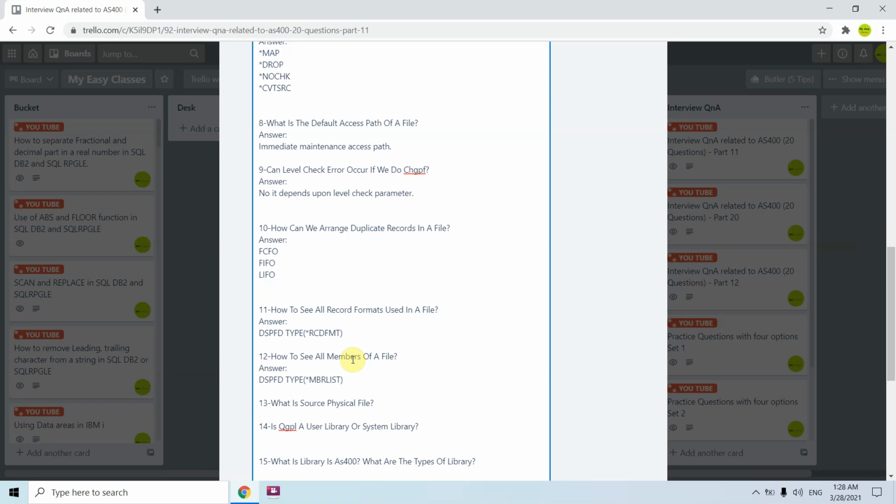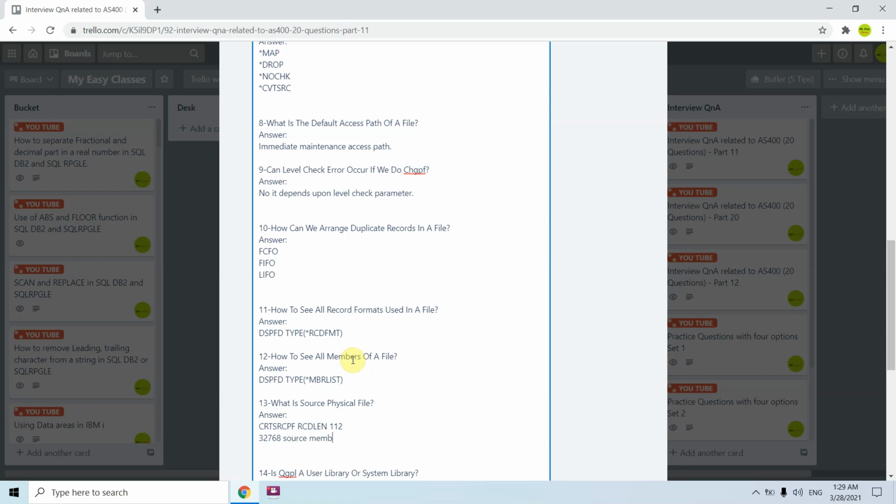What is a source physical file? A source physical file in IBM i is an object. How do we create that? CRTSRCPF. We would be specifying the record length. The default record length for RPGLE sources is 112, and for RPG it's 92, or for physical files or CL programs it's 92. It's an object, so it basically stores the source members in it. We can have a maximum of 32,768 members,